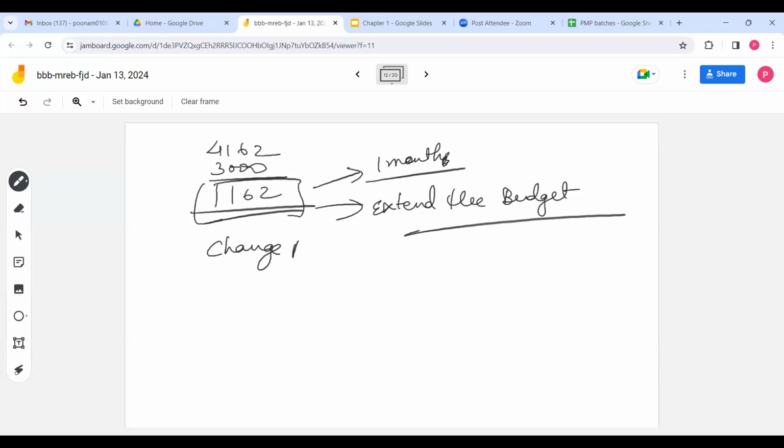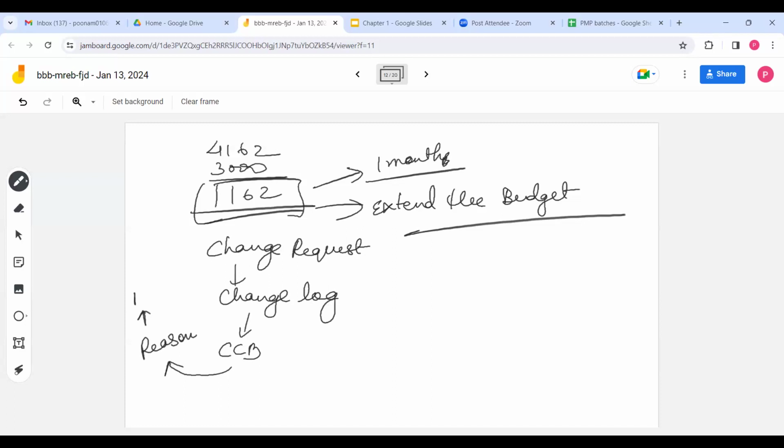You remember we had done the change management plan. You have to file the change request and enter this update in the change log, that you want to increase the budget. Then you will go to the CCB. You will present the reason and ask them to increase the budget. When you ask them, they will ask, okay, how much more money do you want? Give me the new budget